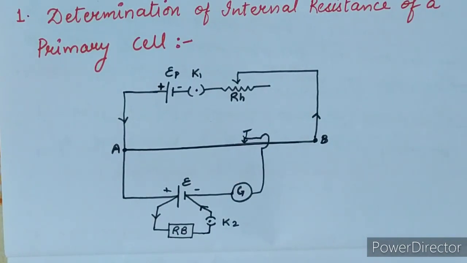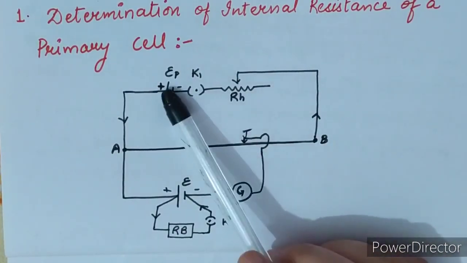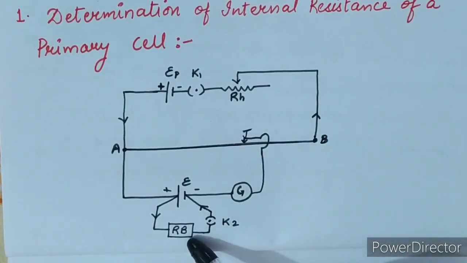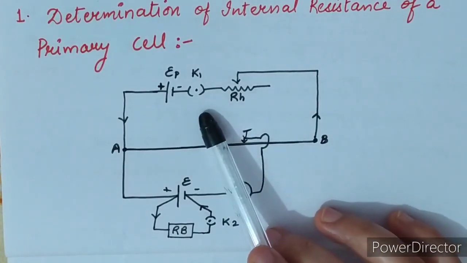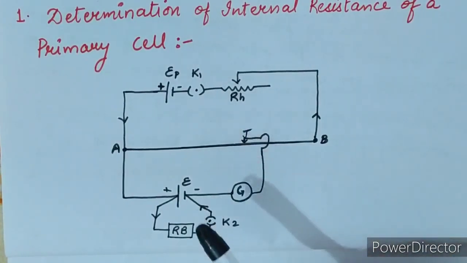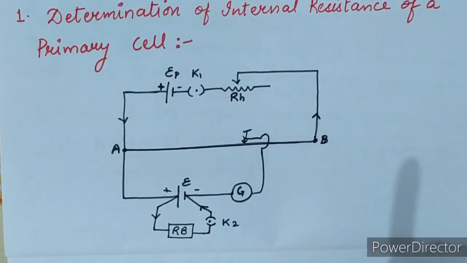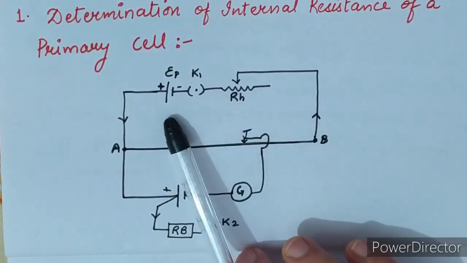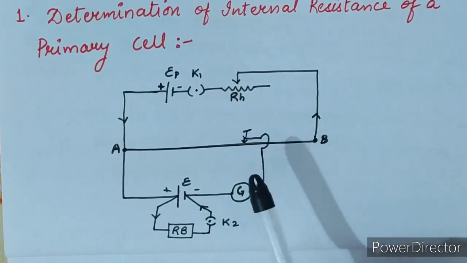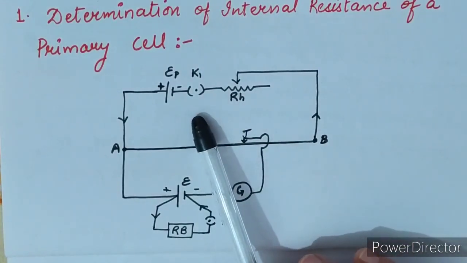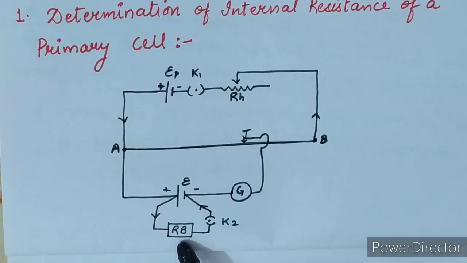Now here the L1 is due to the EMF of this cell and L2 is due to the potential drop across the resistance box. So for L1 the formula is E equals XL1, and for L2 it will be V equals XL2, because here is the potential drop due to the resistance. Always remember, if there is any potential drop due to the cell, then we consider it EMF E, and if it is due to the resistance, then it will always be voltage V. Clear? So for the first, E equals XL1, for the second V equals XL2.